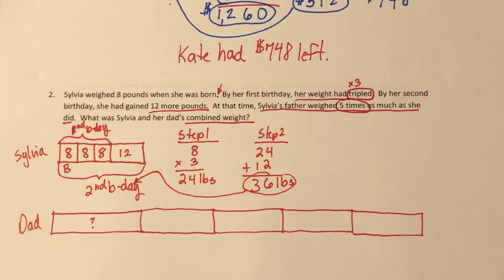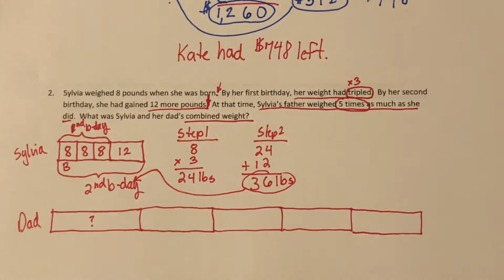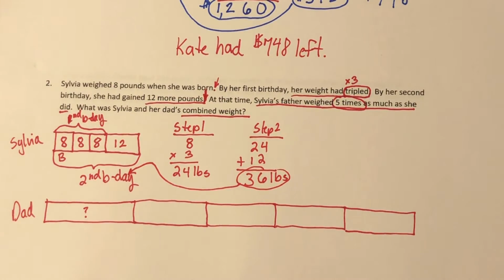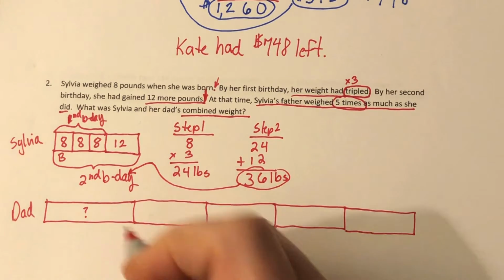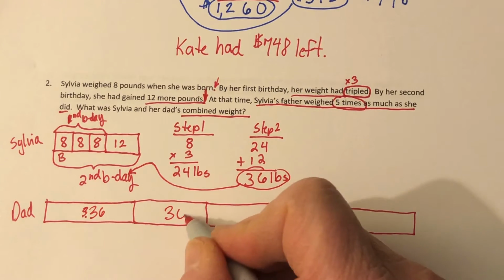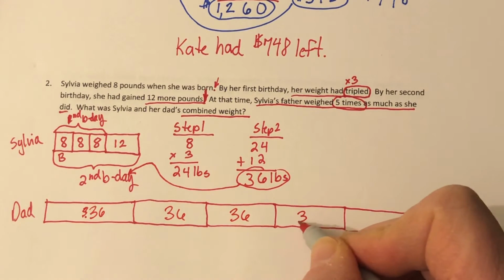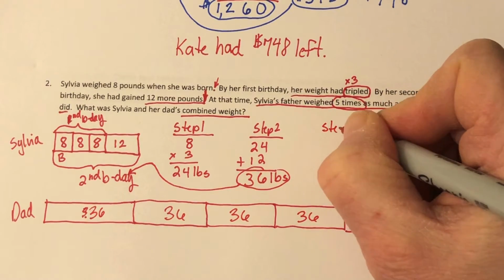So I still want to stay focused. So I found out all the way to this point here. I solved all the way to there. Now we need to figure out how much her dad weighs. And her dad weighed 5 times this amount. So we know that 36 goes here. So her dad is 36 times 5. So he's the 5 times that amount. So step 3